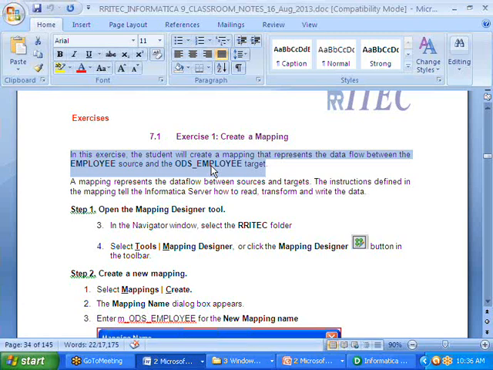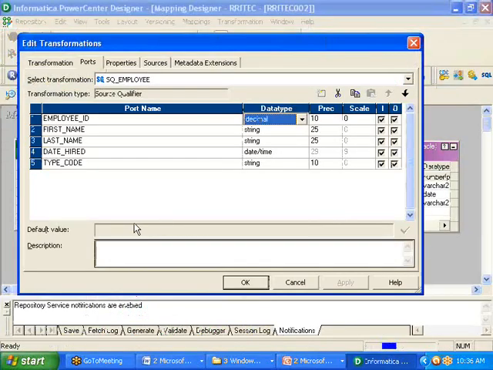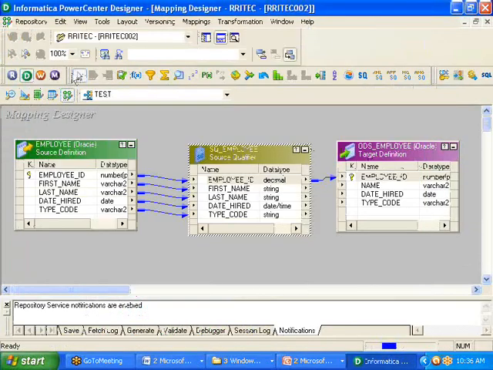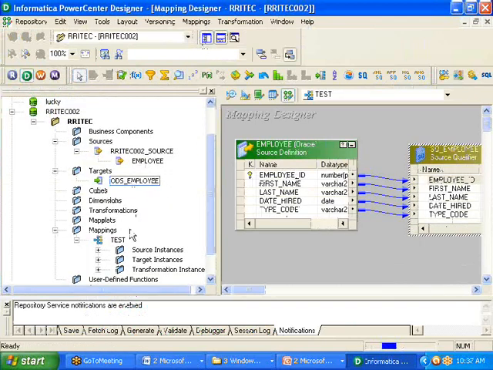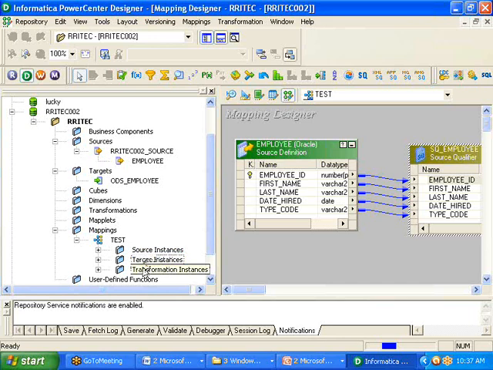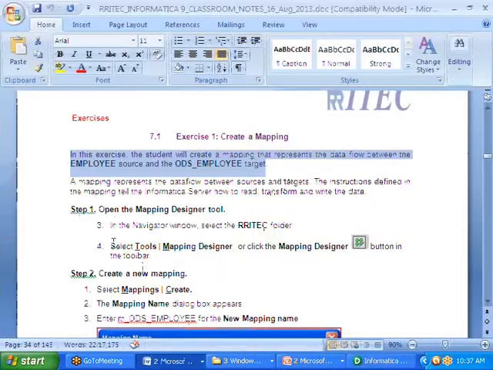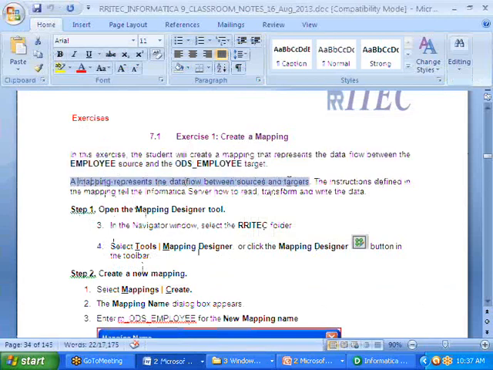Mapping is nothing but a combination of 3 informations. One is called source information, target information, and next, transformation logic. Source information, target information, transformation logic. A mapping represents the data flow between source and targets, how it is moving from source to target.